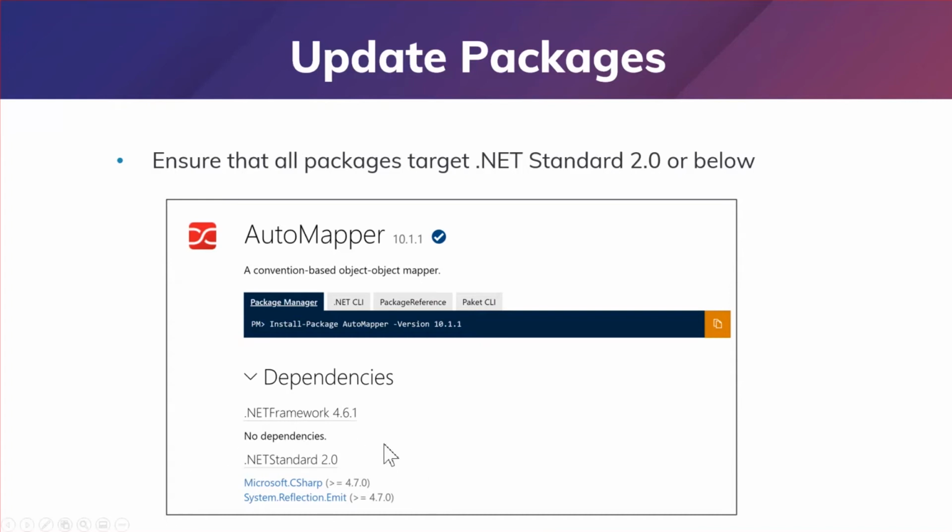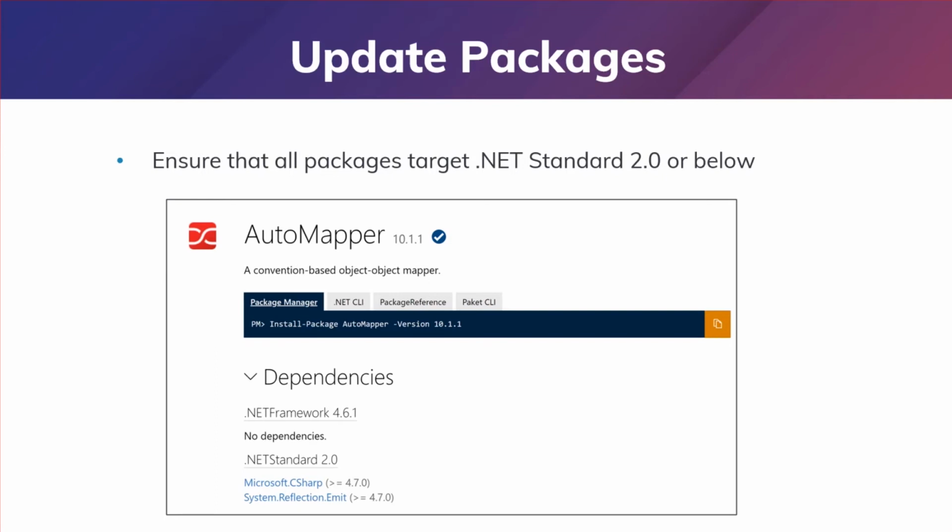And you can look at that real quickly here in NuGet or in Visual Studio, and just make sure that it targets .NET Standard, and you should be good. You can target .NET Standard 1.6 or below, and that's fine too. It's actually even better. Be cautious here though. You need to target .NET Standard 2.0 or below.